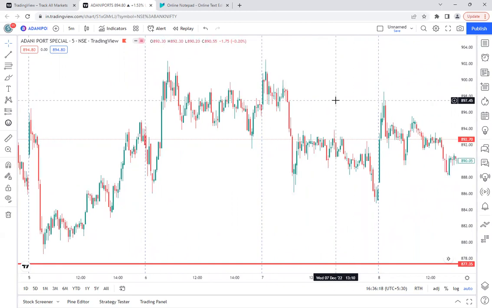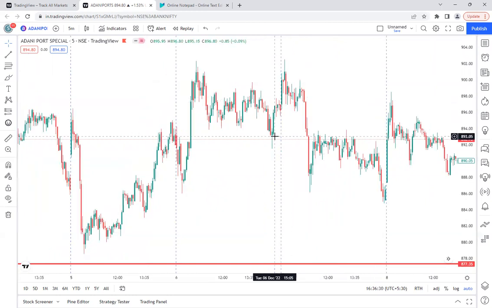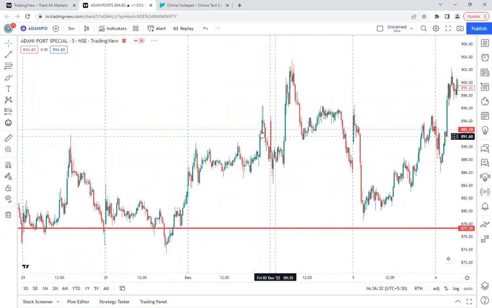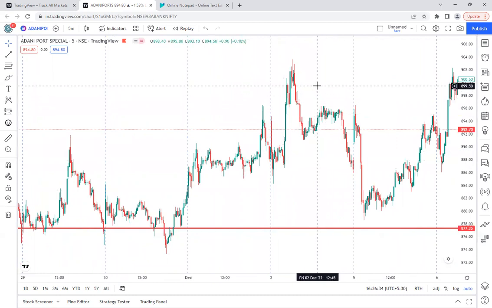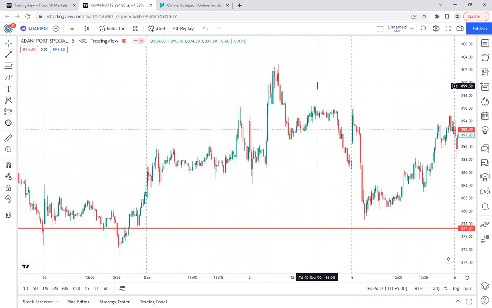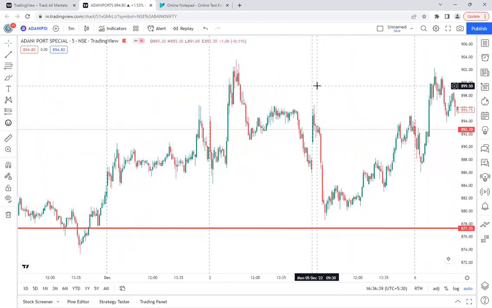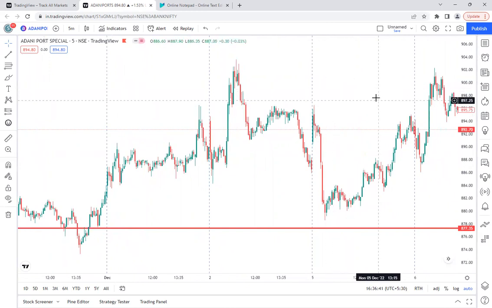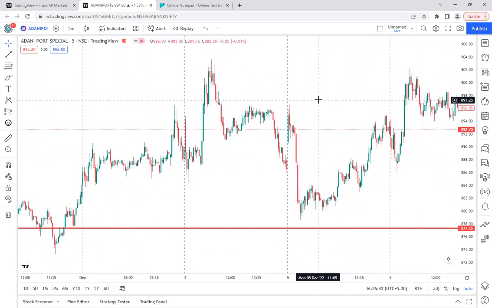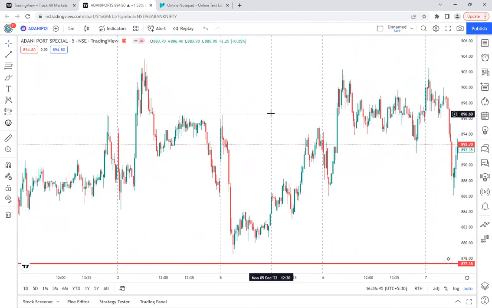If you don't want to disturb your market hours, if you want to keep trading, use after market hours. After the market closes, after 4 p.m. or 5 p.m., just open any stock chart and see each day's price actions and try to understand what you are seeing there. If you keep checking candle by candle, you'll automatically understand what is happening there and why the price is going up and why the price is coming down.